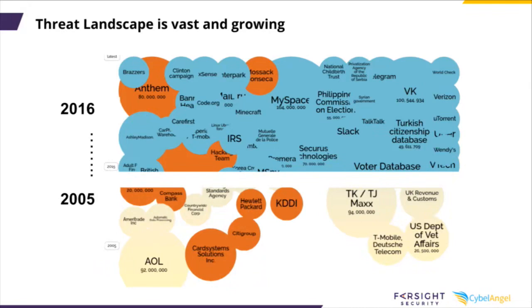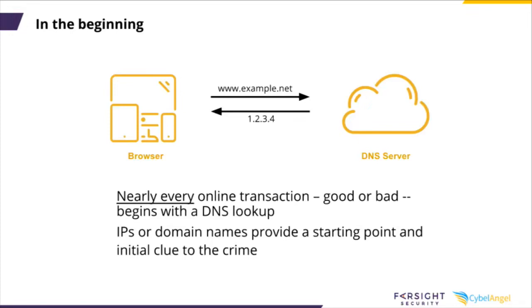So how do you deal with this mass amount of data? Which is what we're going to talk about. So let's start at the beginning. What do we do? So passive DNS, or just DNS in general, I'm assuming everyone knows what DNS is. Most people think it was a solved problem from the 1990s. And no one really cares about DNS anymore, unless you're into domain generation algorithms and botnets.